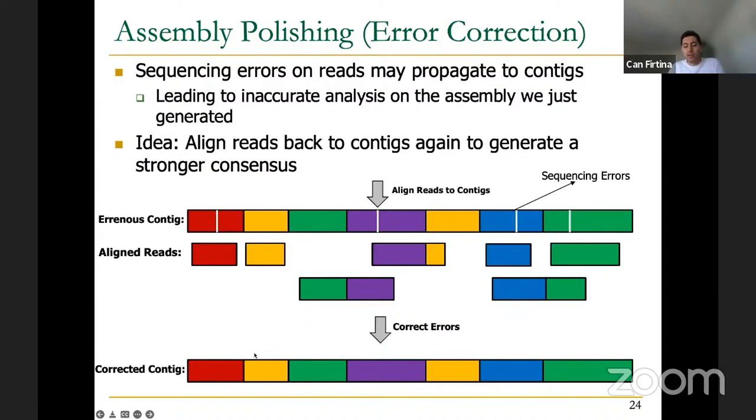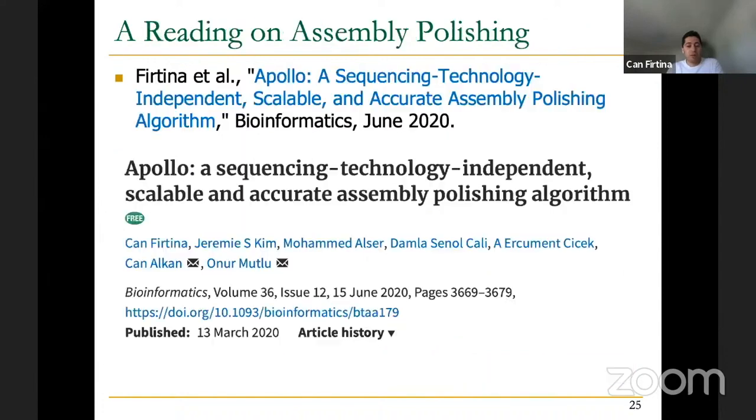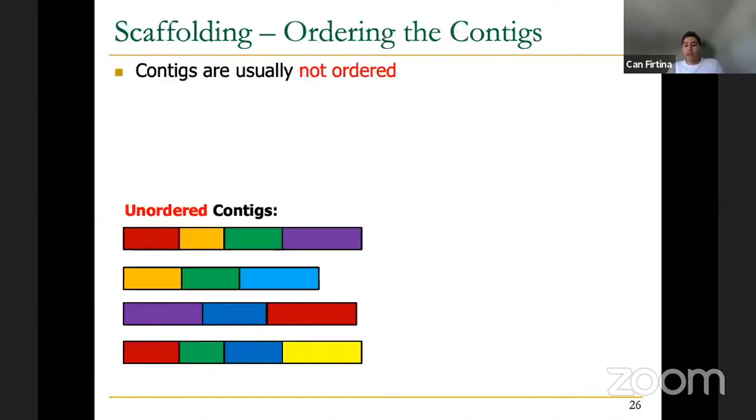And assembly polishing tools apply certain approaches. There are machine learning based approaches, there are consensus based approaches, etc. But essentially the goal is, of course, to solve these problems. And there's a recent tool that we published in our group that we call Apollo. So you can take a look at how a machine learning based error correction approach works for solving the errors in assemblies. Another step to further improve the contiguity of the assembly is